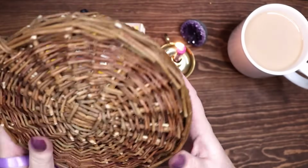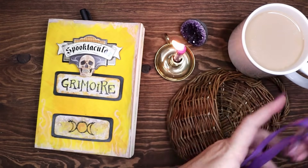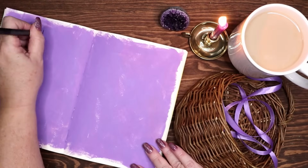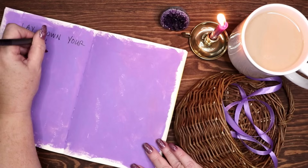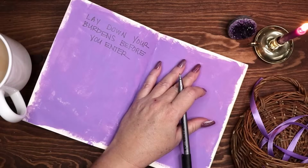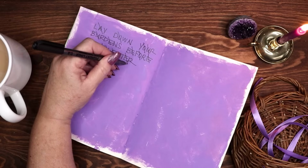The next project I did for the front door was to create a burden basket. This is a fun little magical item where anyone who is entering my home can lay down their burdens before coming in the door. I found the perfect basket at a thrift store for $1. It had a flat back and was not too large. I think this basket was originally intended for a houseplant, so I simply removed the plastic lining that it came with. I decided to put a magic sigil on the